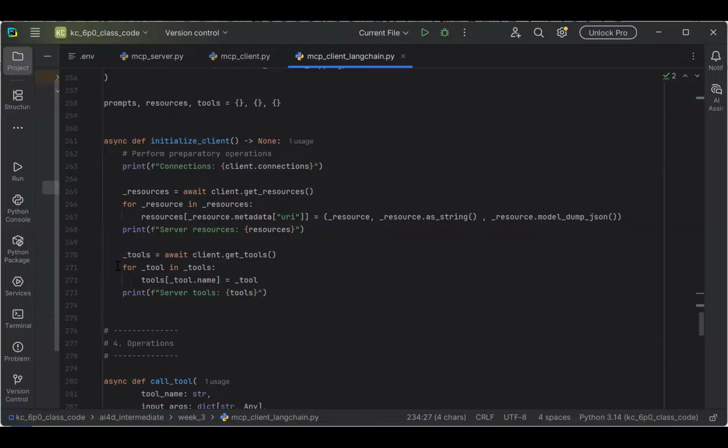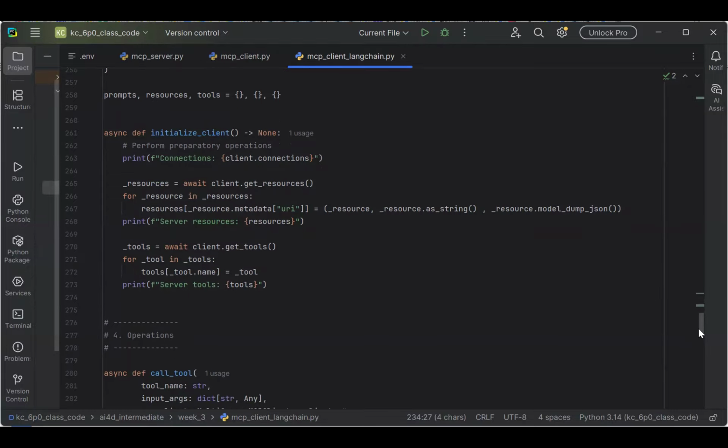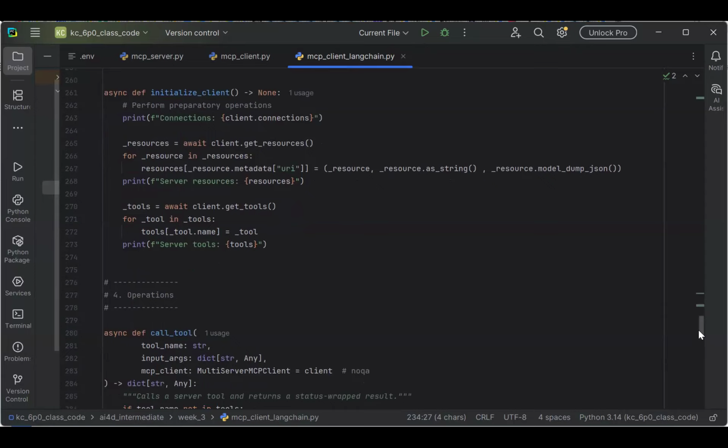Unfortunately, LangChain's adapter does not allow you to list all the available prompts. It only allows you to do that for resources and tools. And I think somebody in the repo had actually requested that feature,